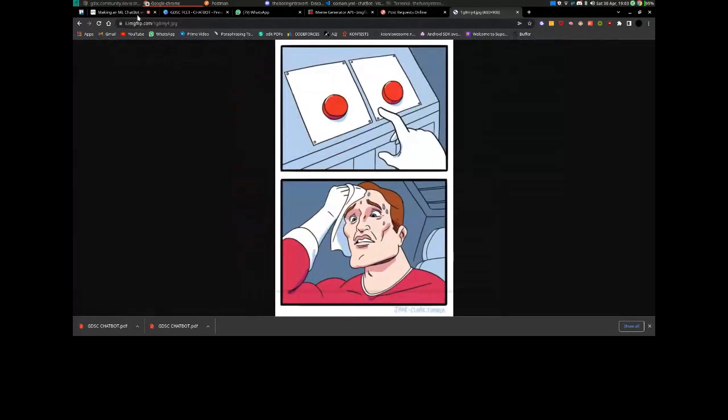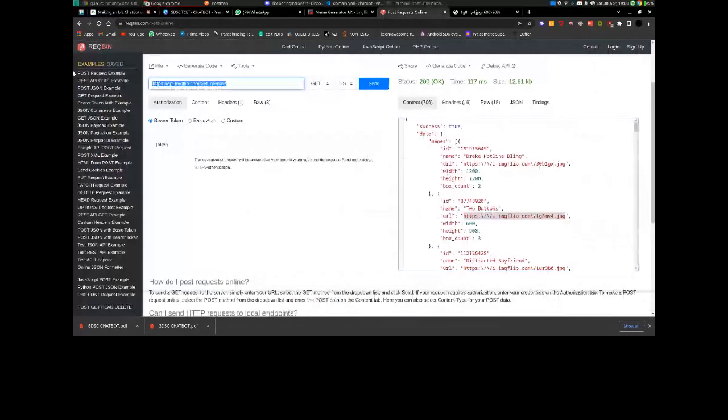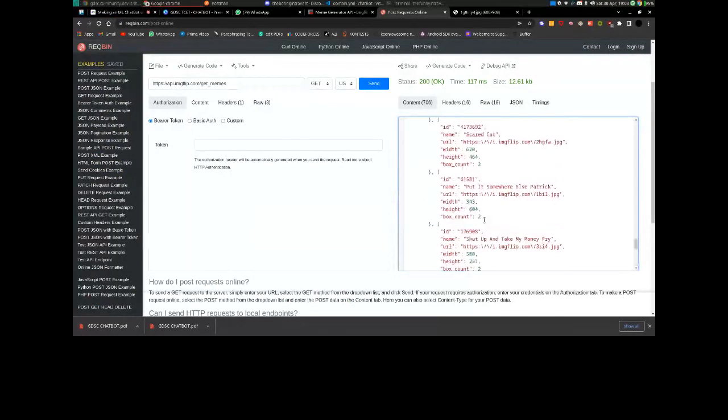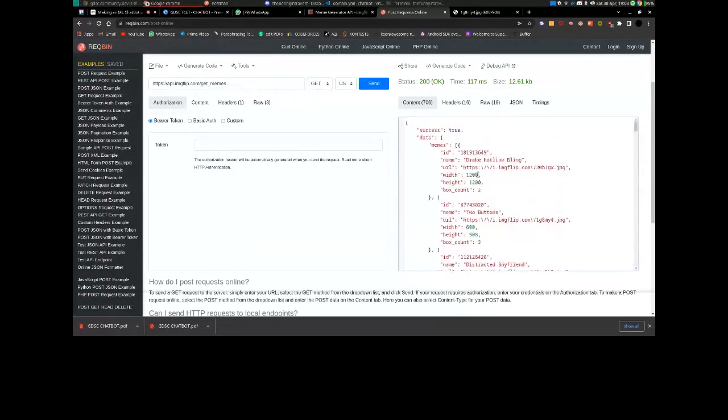So basically we have the meme templates, and now I guess we can go ahead. So simply हम बस ये get memes से हम बस we are getting an array of different memes जहाँ पे हम थोड़ी ID मिल रही है, name मिल रहा है. So it actually gives a lot of possibility where a bot can ask, okay, give me an ID, and मैं एक meme का template दूंगा and दूंगी, and if there is a name, then maybe it can generate a URL from that. So that is what we are going to do for now.